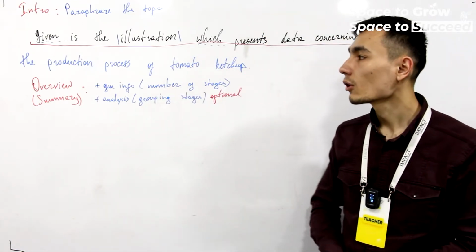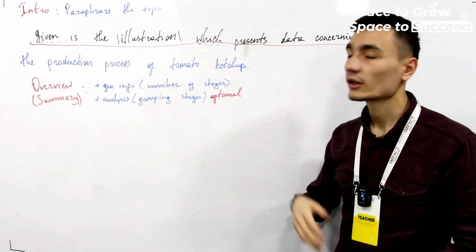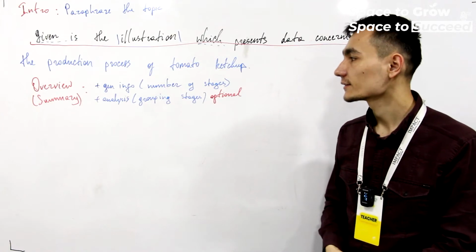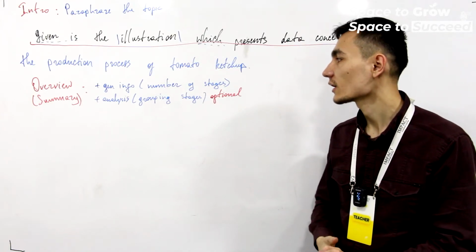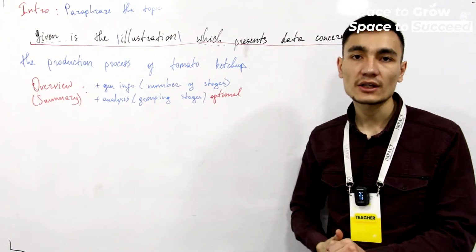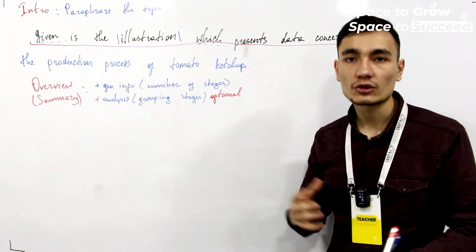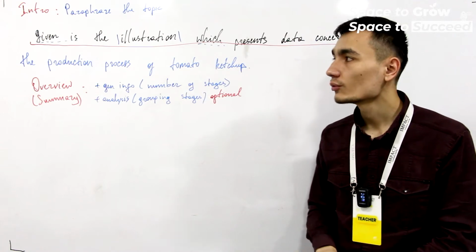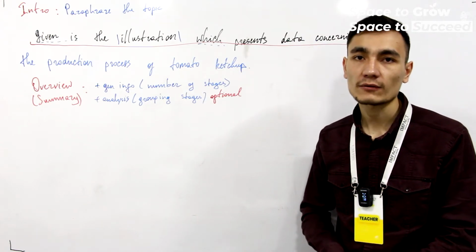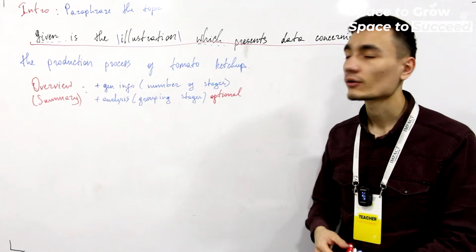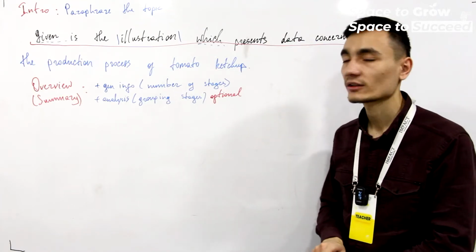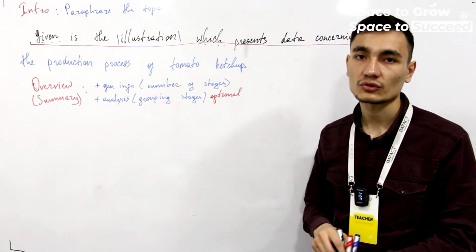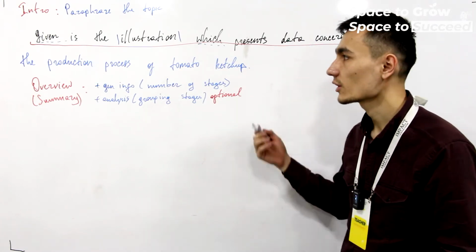And as you see, we wrote overview, general information. In general information, we have to include the number of stages in this process, and in analysis, you have to group the stages, and it's actually optional. And in this stage, what you have to do is categorize them, group them into categories, sub-procedures, to make it manageable to write our body paragraph, and to make it understandable concerning what is happening in this process and what is being completed. And let's just start our structure, and we have beginning introductory structures that you have to memorize, and the structure is